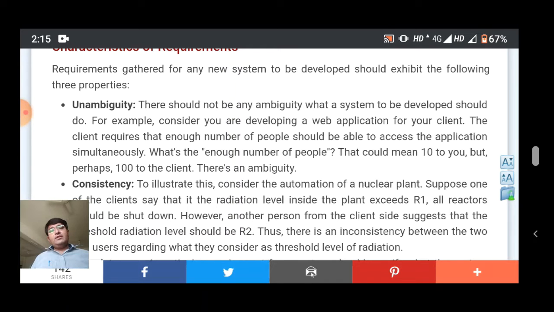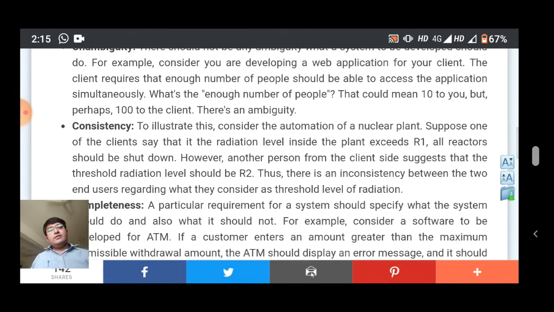The client requires that enough people should be able to access the application simultaneously. What is enough? That could mean 10 to you, but perhaps 100 to the client. There is an ambiguity: the difference between these numbers of people is called the ambiguity.